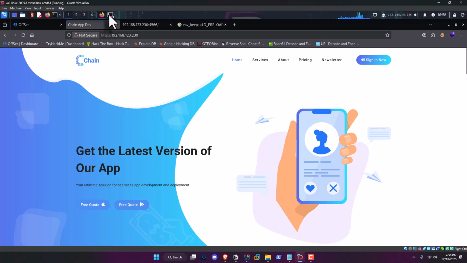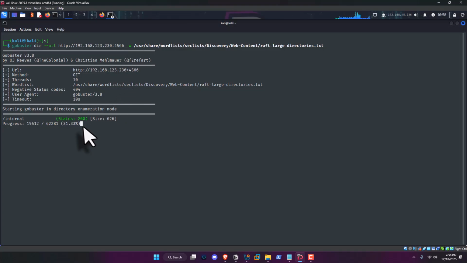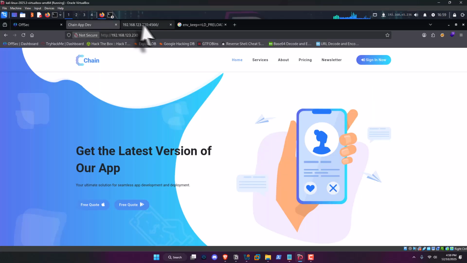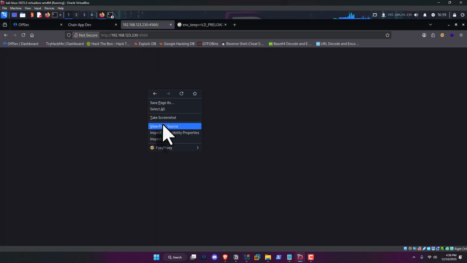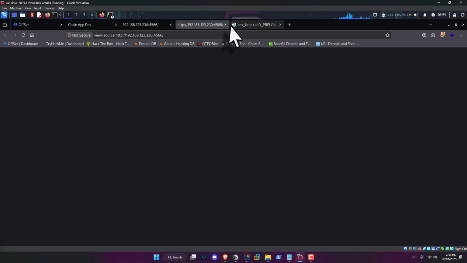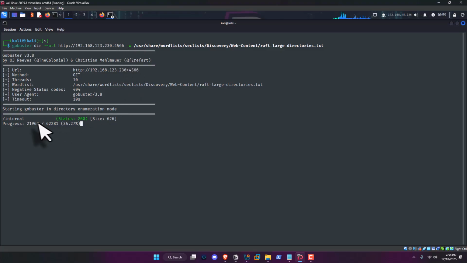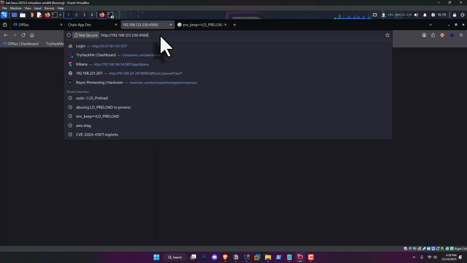I did have a bit more success when I did Gobustering on the website on 4566. Now, if you go there, there's nothing to see. It just comes up and there's nothing there. But if you do some Gobustering, what you need is right here. It pops up with this internal directory. So if we go to internal here,